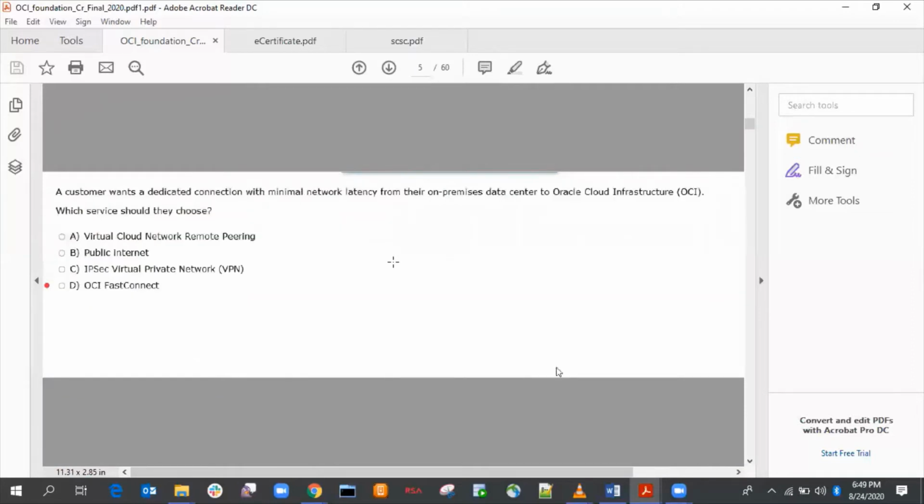A customer wants a dedicated connection with minimal network latency from the on-premise data center to Oracle Cloud Infrastructure. Which service should they choose? The answer is OCI FastConnect.